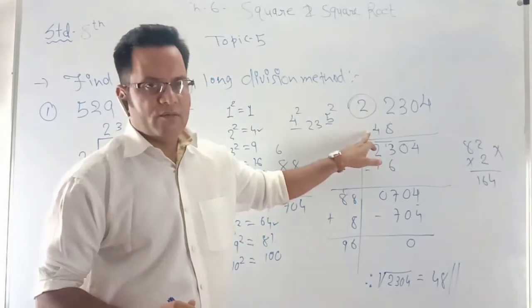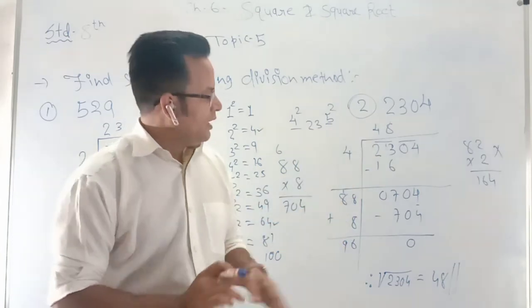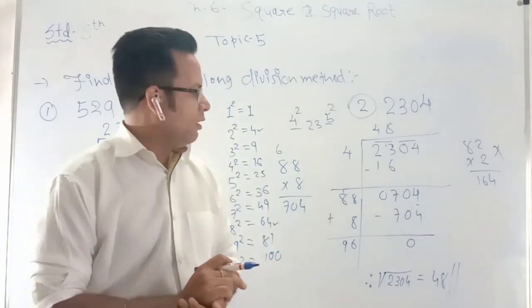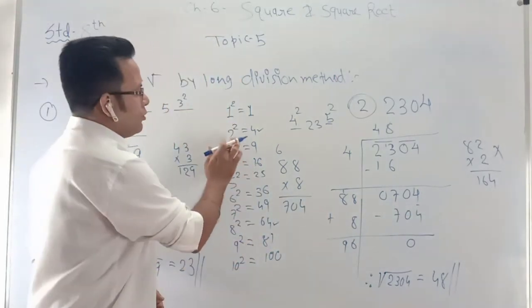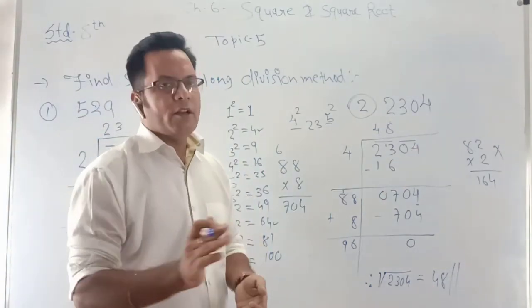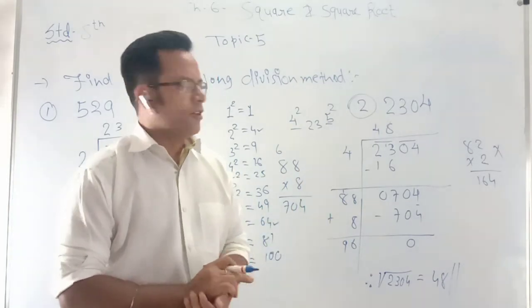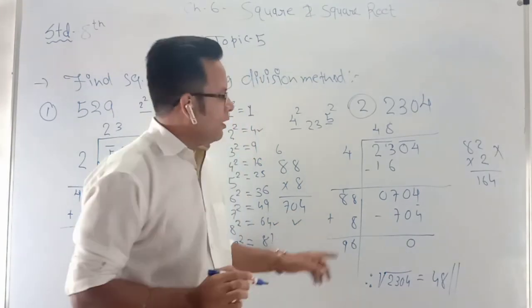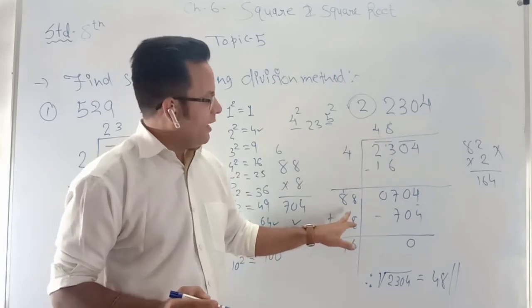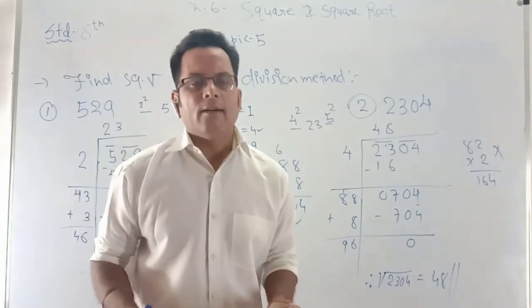After taking 4 square, you have to add the same number, 4 plus 4, that will be 8. Now here we have 704. So again at unit place we want 4. So a unit place of 4 means 2 square and 8 square. 82 into 2 will be less, it won't be possible. So we went for 88 into 8 because 88 8s are 704. So here also we put 8 and 8, meaning you are using 8 square, and then you have to add the same number here. So this is about the long division method.